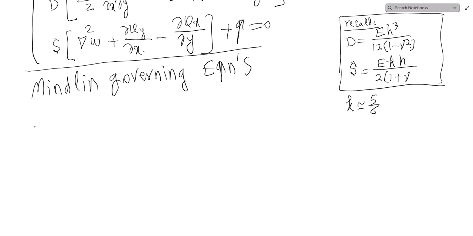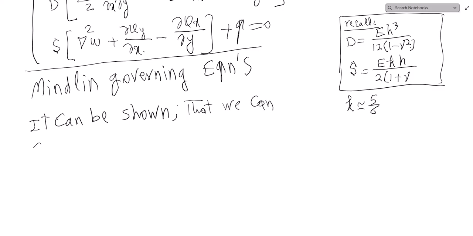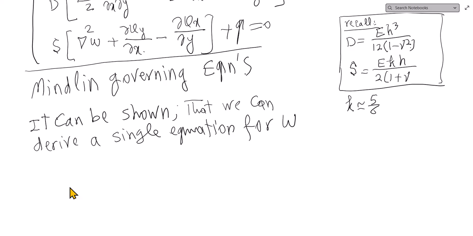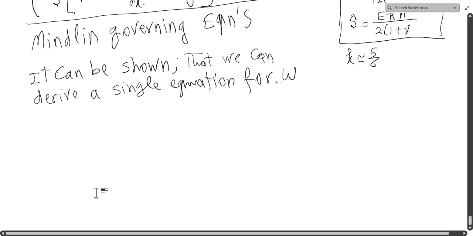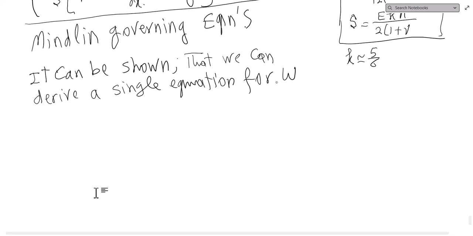However, it can be shown, through a lengthy derivation that I will not go through here, that we can derive a single equation for W. Basically, you do some manipulation here, eliminate phi x and phi y, and then you keep W, which is the deflection in the z direction, and that equation is interesting, and that is given as